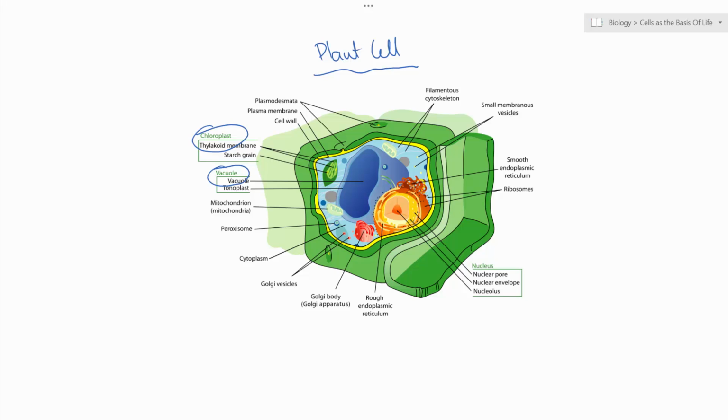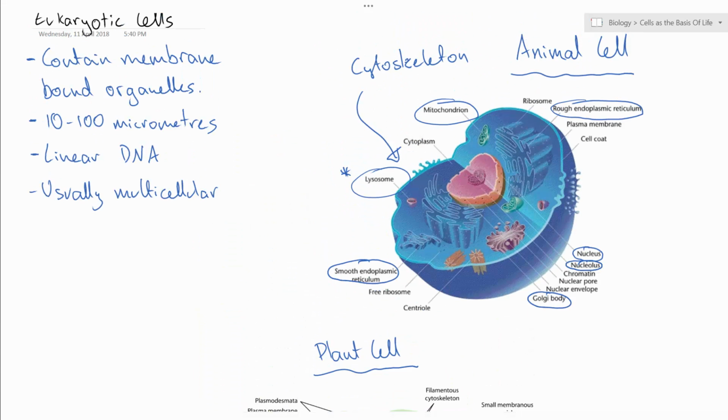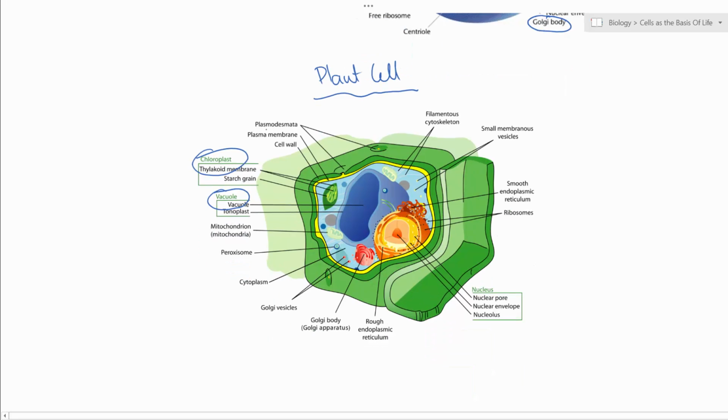The last thing is, I will go back up to the animal cell here. The one thing that I didn't mention is the plasma membrane or cell membrane. So this is the outer coating of the cell. The boundary of the cell is this semi-permeable plasma membrane, which allows things to enter or exit and controls that within the cell. This is also present in plant cells. It's got this plasma membrane as well, but a plant cell, on top of that plasma membrane, has a cell wall which encompasses that membrane, the entire cell. So the cell wall gives it this structure and rigidity that the animal cell kind of doesn't. So when you look at plant cells, they look a bit more structured and grid-like under a microscope